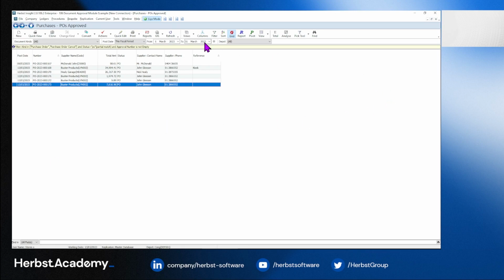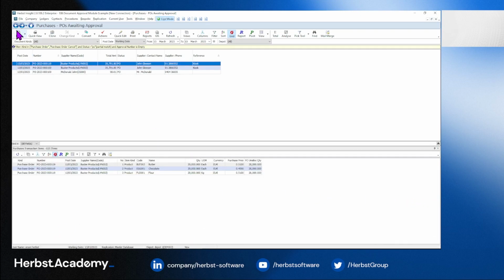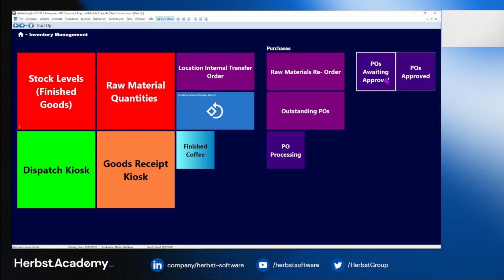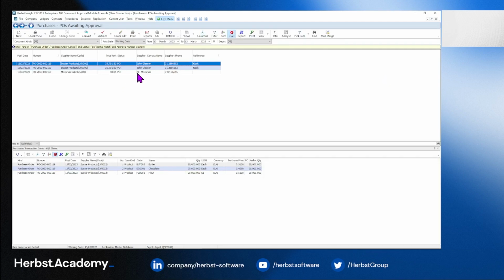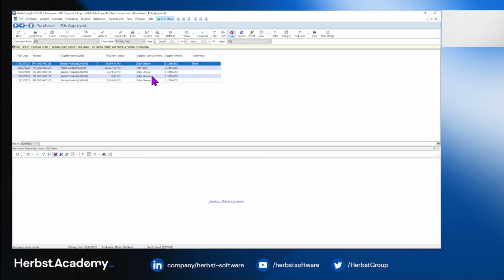So two very useful views. Well, let's just go to Orson again. We're logged in here as Orson. Our POs awaiting approval grid view and our POs approved grid view. Okay, so as I said, this module applies to all documents, and so views would need to be created in the appropriate ledgers. So it brings control to your ordering process, or to your supplier payments, or to any other